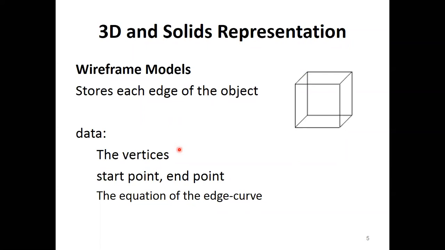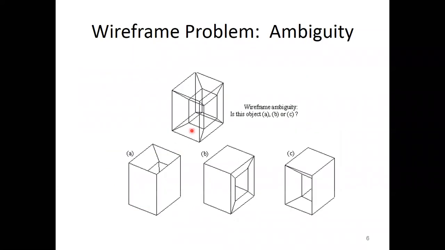Okay, the problem with wireframe model is, this is a picture given here. I mean, it's an MCQ question. Which part is this? The given part, which part is this? Either A, B, C. Finding is little difficult because visible edges, invisible edges, you have to show properly. It will create a lot of ambiguity. So that wireframe model, in most of the cases, we are not using.